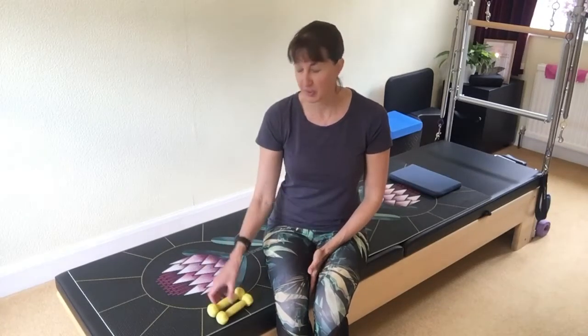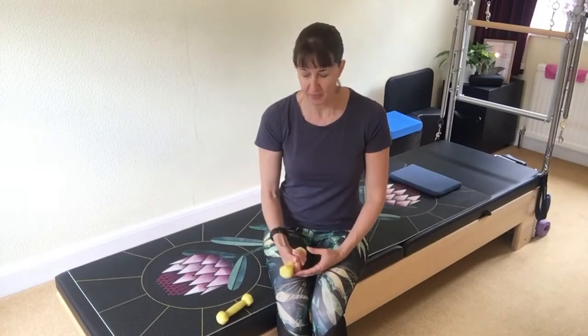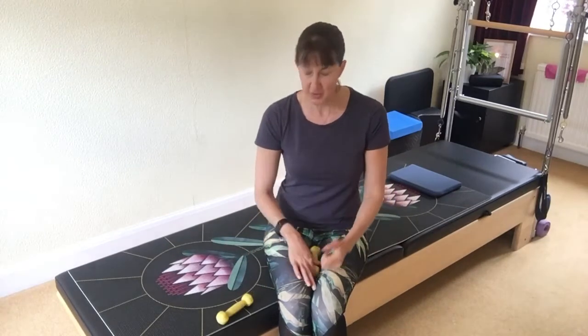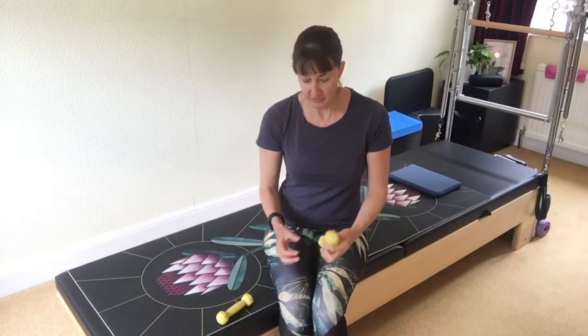Welcome to part 2 of this Pilates Matwork session where we are working with hand weights. Remember that if you don't have hand weights, you can use 2 bottles of water, 500 mils. You could use cans of beans or food. They generally are about 400 grams. So yeah, whatever works for your body. You can also do all of these exercises without any weights at all, so don't feel you have to use